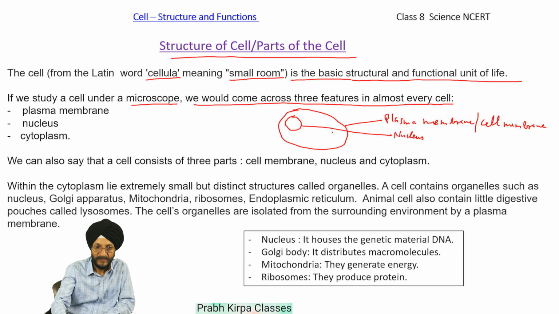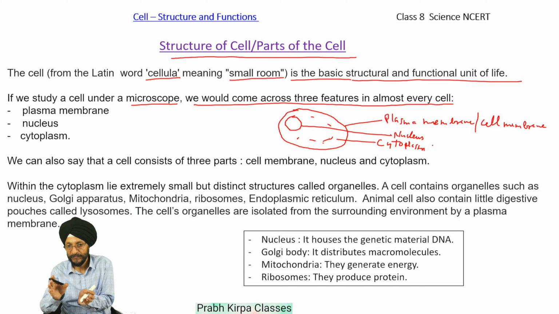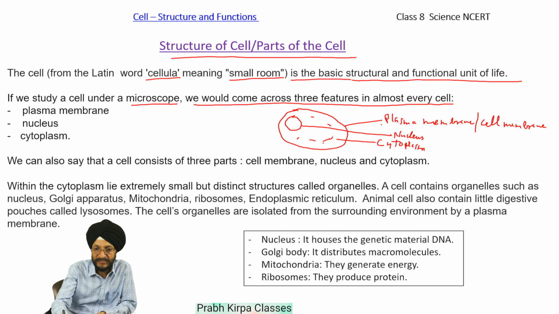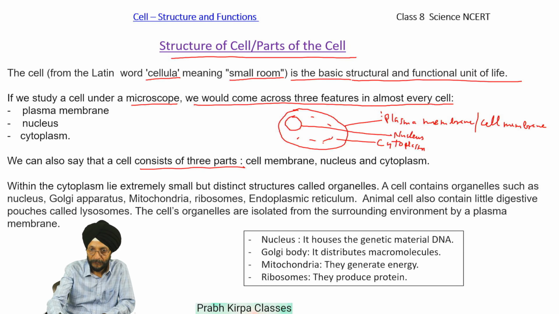Then inside the plasma membrane, there is a gel-like fluid all over here, which is known as cytoplasm. And in the cytoplasm, there are a large number of different types of organelles which we will study in the next slides. So please observe that a cell consists of three parts: plasma membrane, nucleus, and the